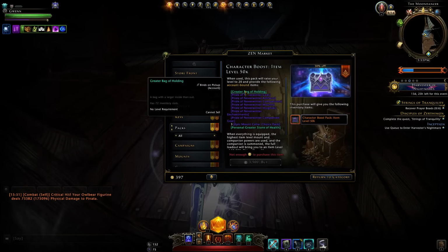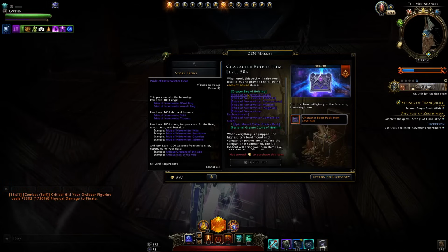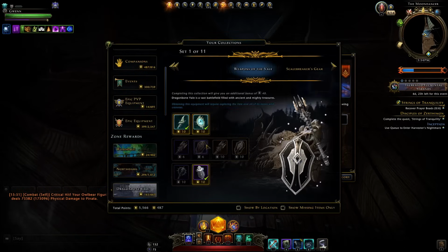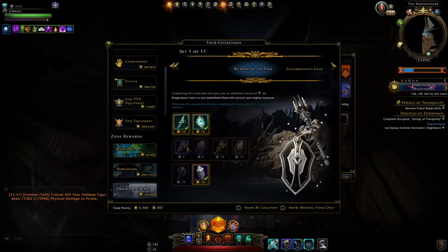You will get like an extra bag here. You will get some gear, which is this Pride of Neverwinter gear. You get some rings, some shirt and pants, some armor there, and you also get some weapons. Those weapons are nothing special though. They come from Dragonbone Vale and you can get them just by doing your treasure maps. You dig up these things and they're like an hour cooldown